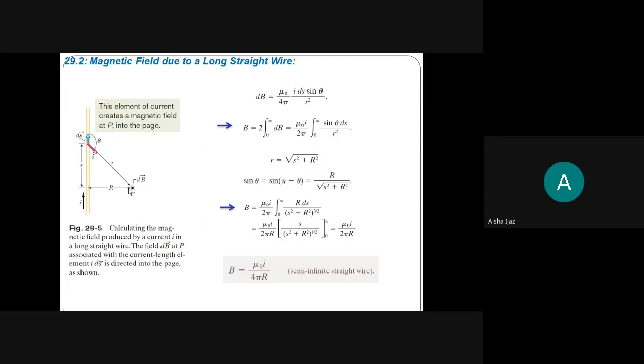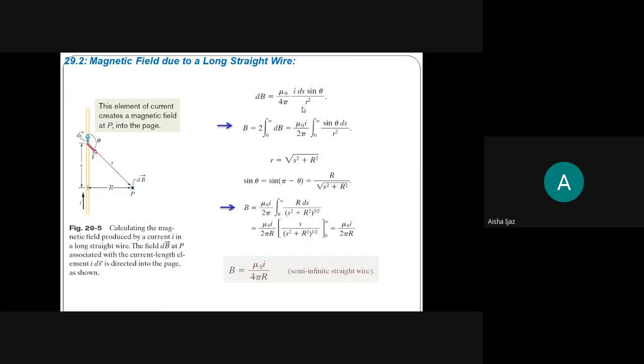So this r is actually the distance of P with respect to the patch. Now this is an angle theta between dS and r. From the geometry, you can see this angle will be pi minus theta, where I am moving my cursor. From this right angle triangle, this S is the distance of the patch from the center of the wire. Capital R is the distance of the point from the center, and small r is the distance of the point with respect to the patch. So small r is the square root of S squared plus capital R squared, which is written here. Now just use the Biot-Savart law statement, which is dB equal to mu naught over 4 pi I dS sine theta over r squared.